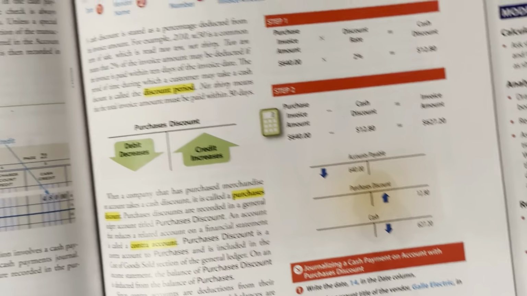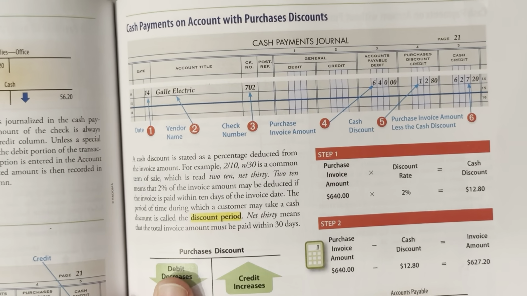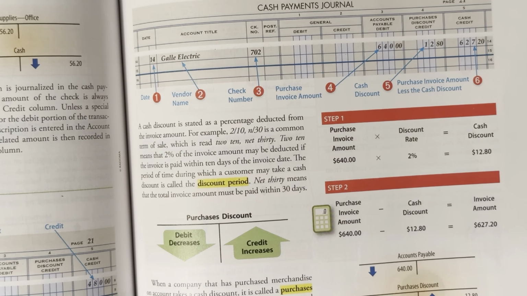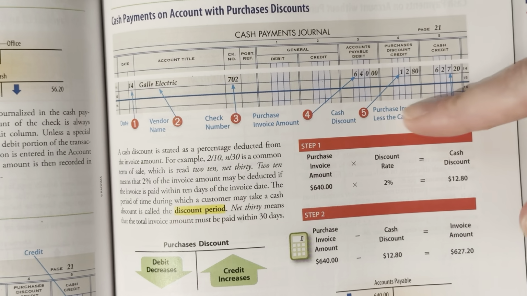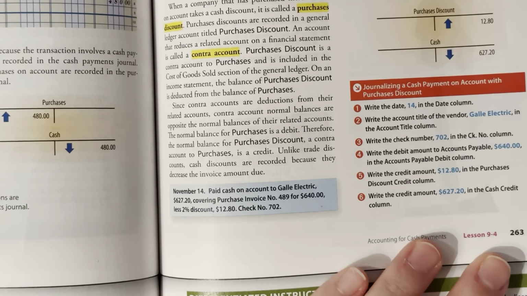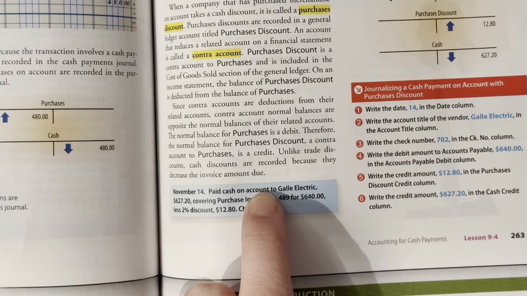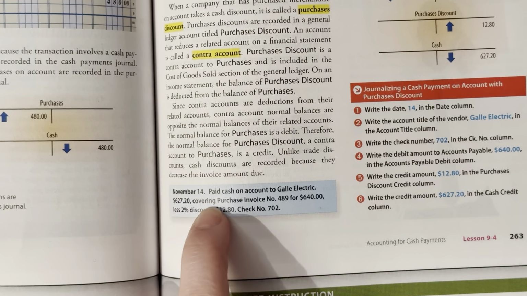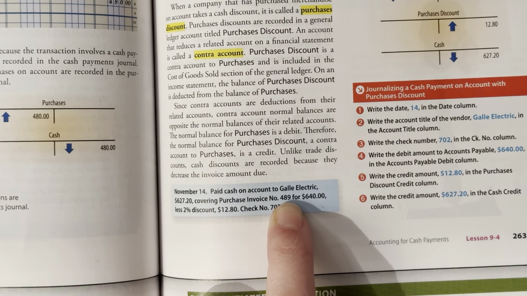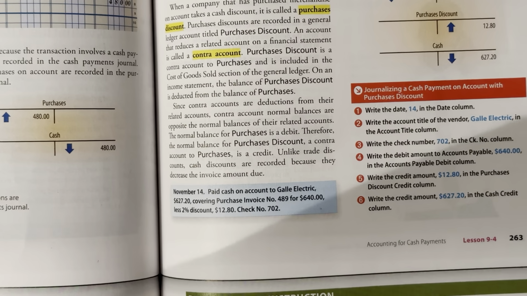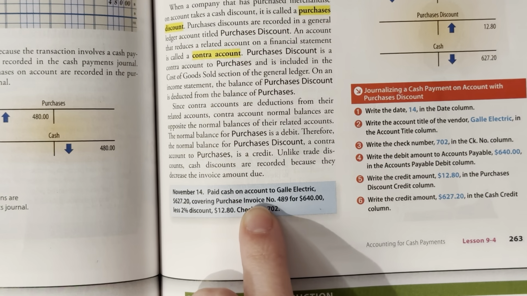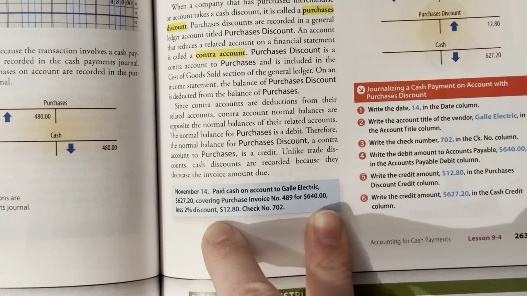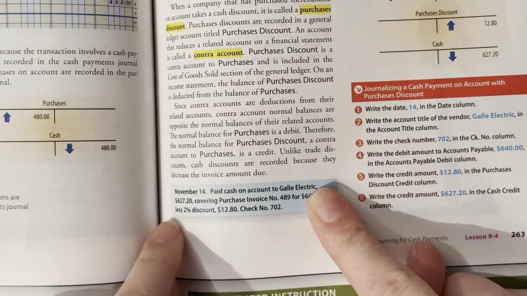Next one is cash payments on account with the purchase discount, like we talked about earlier. So when you are offered a discount, you will use the purchases discount credit column. So let's read the problem down below. Paid cash on account to Galley Electric for this much, $627.20, covering purchases invoice number 489 for $640. Okay, so our invoice was originally $640. Well, this person offers a 2% discount, because it said it, and we ended up paying, they did the math for us,